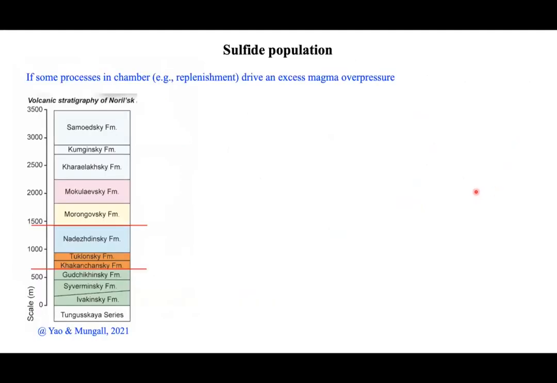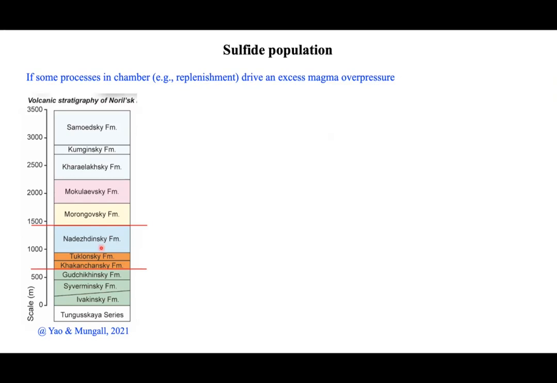But if some process in the magma chamber can drive an excess magma overpressure, like maybe a new replenishment in the magma chamber, it maybe can give a very large magma overpressure. Here we take an example from the Emeishan. This is the section of the flood basalt in the Emeishan region. We can see this basalt can be derived in three stages. And we know the second stage